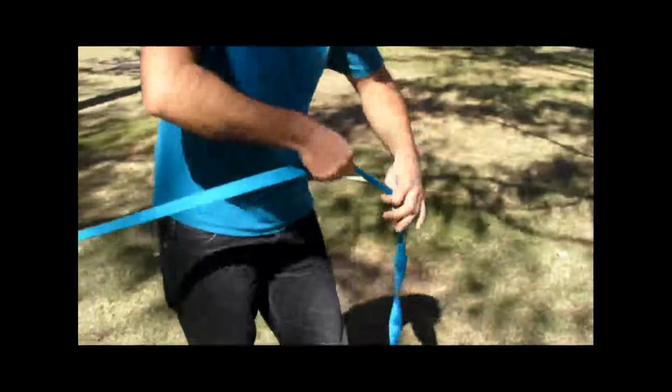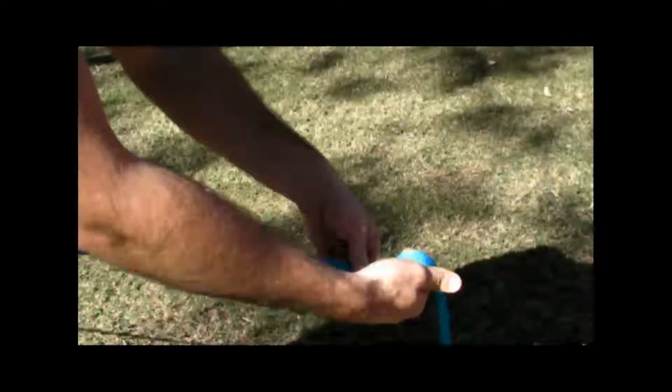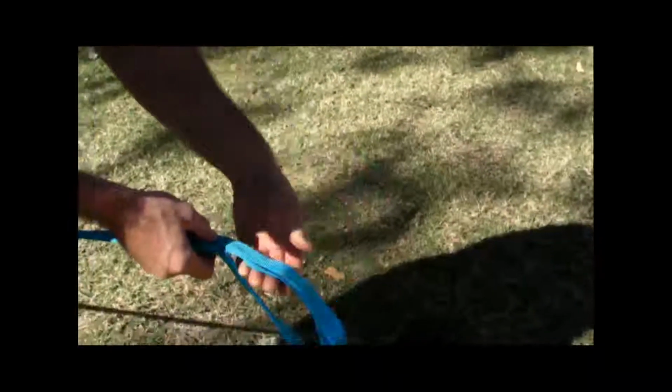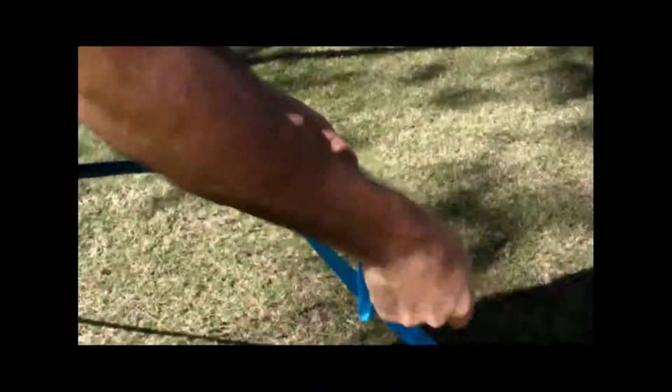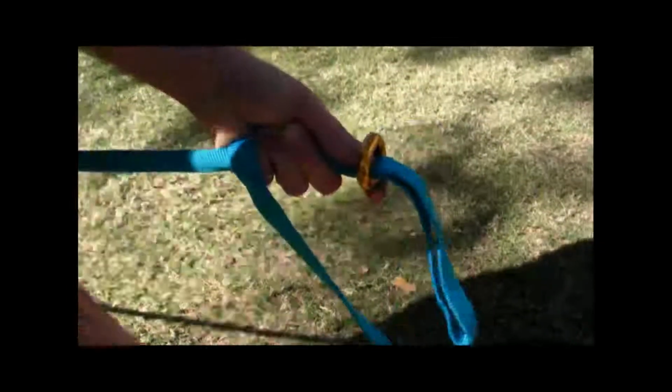At this point, you can set up your RTS. Now you don't always have to set up the RTS, but I'm going to show you how to do it. So you've got the line in your hand, about 4/5 of the distance. So about 80% of the way, you get the line, so that's the top of the line, you fold it back over itself. What that does is create a loop, and then you get the ring, put the ring through the loop,